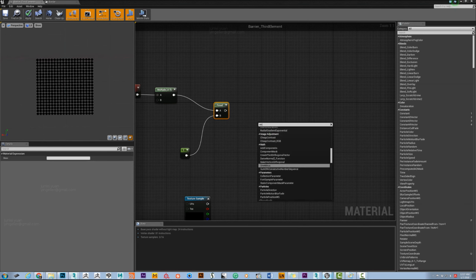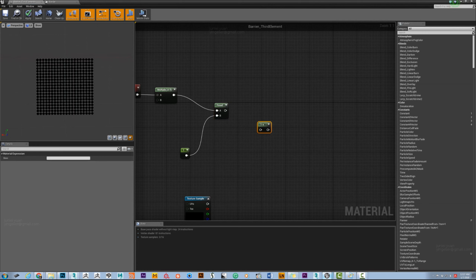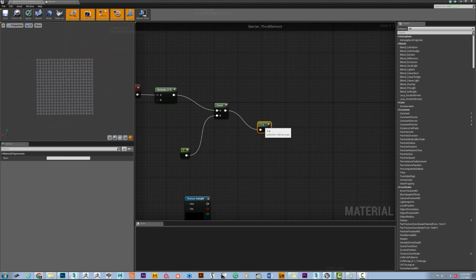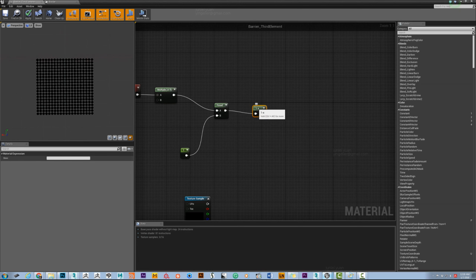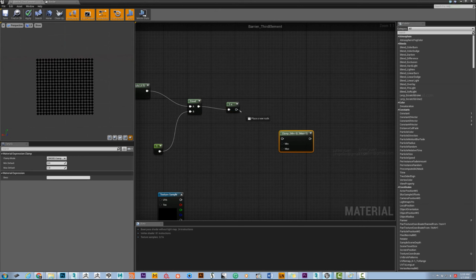But I actually want the opposite of it, because I don't want my squares to grow. I want them to shrink. I want them to come from maximum distance back to the minimum point instead of the opposite. So I'm going to set this to -1 minus, and now I want to clamp it because I don't actually want it to go to black. And I want it to start at 0.1,